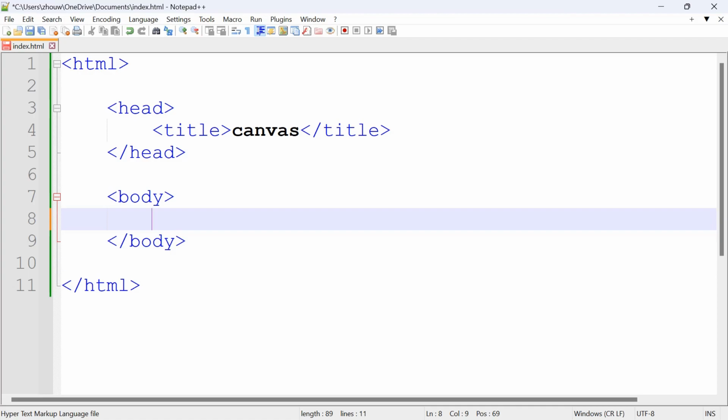Hey everyone, in this video we're going to go through an introduction to HTML Canvas. So HTML Canvas is a way of drawing graphically on the screen, which includes shapes, colors, animations, etc. And here we'll be using Notepad++ to write the code, and we can use other software as well, such as